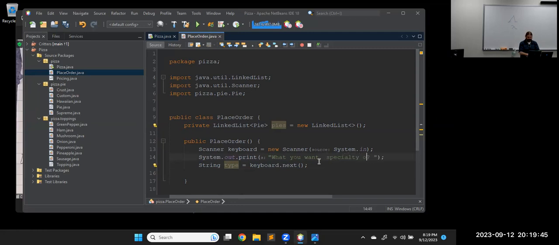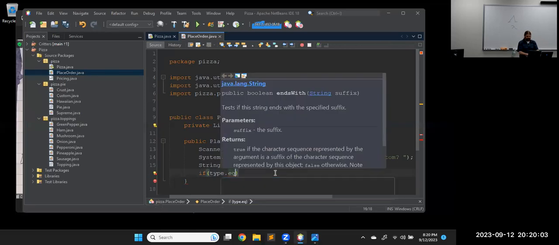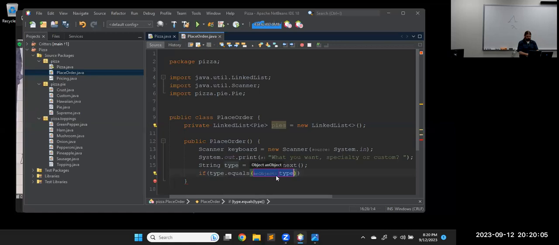Specialty or custom? That way we know which one we're in, because now we can do a selection structure, right? If they want specialty, the options are either Hawaiian or Supreme. Yeah, so if type dot equals specialty,